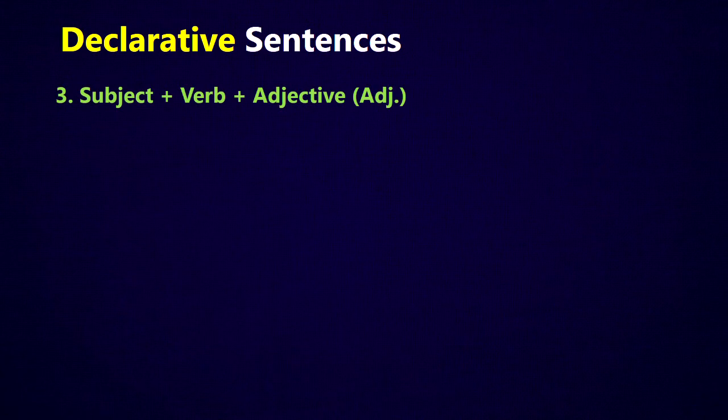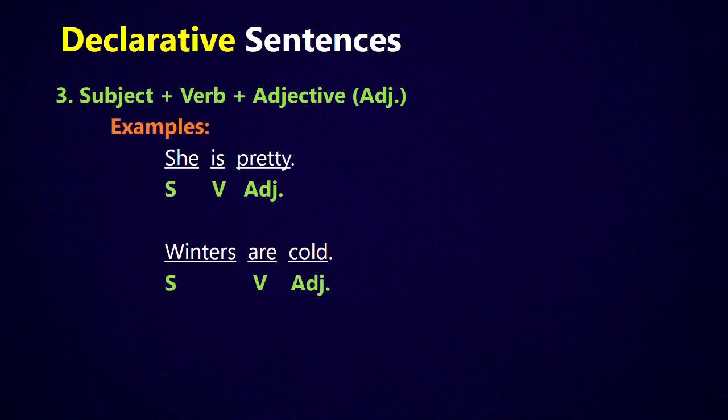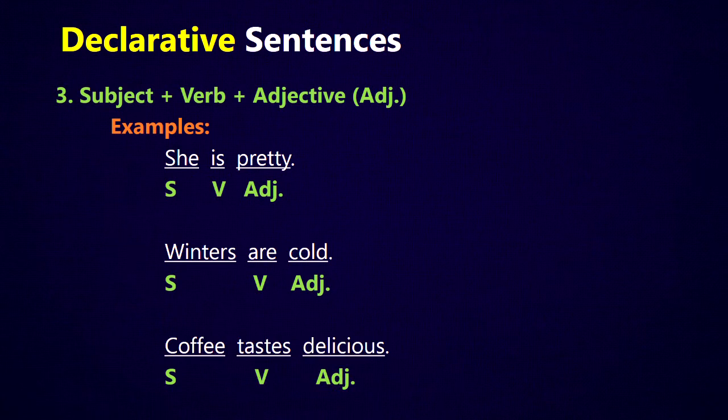The third type of declarative sentence would be subject, verb, adjective. For example, she is pretty, winters are cold, coffee tastes delicious. Now, the order of the words is very similar to the other ones we just looked at. We have the subject, we have the verb, but then in these ones we have an adjective. If you know what an adjective is, you know that an adjective describes a noun. So if we look back at these sentences,